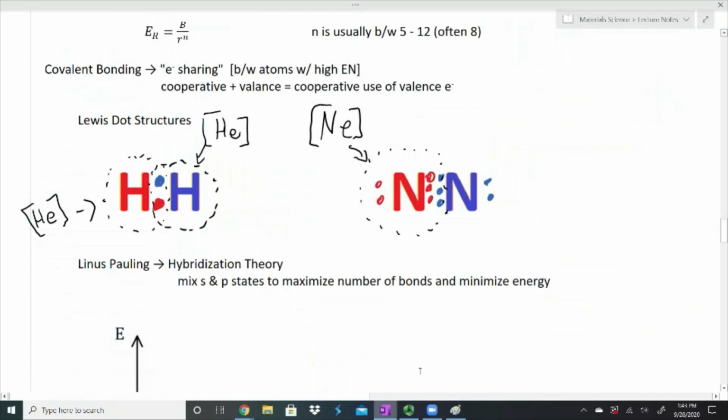Now the other nitrogen, the blue nitrogen, has the same thing. It has the shared electrons in the middle, so there's the 6 here in the middle, and then the 2 that are not used in bonding. And so this one also has a neon electronic structure. So what we have here is we have our non-bonding electrons,